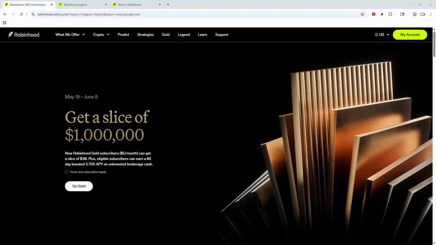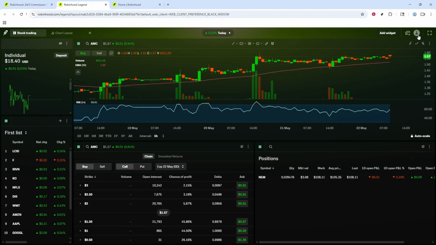In today's video, I will walk you through how to enable options trading on Robinhood. In this tutorial, you will learn how to access the investing settings on the web platform and complete the prompts required to activate options trading on your account. Once you are signed in, click on the human-like icon on the upper right-hand corner, then click View More Details